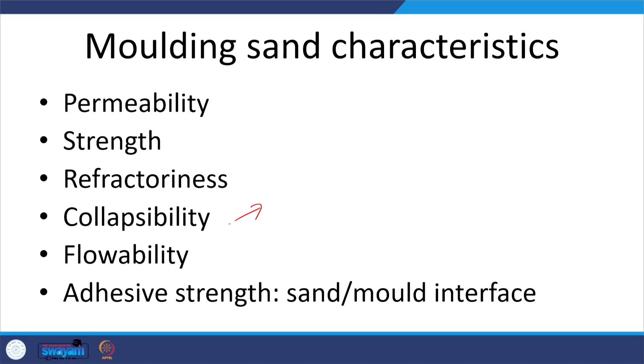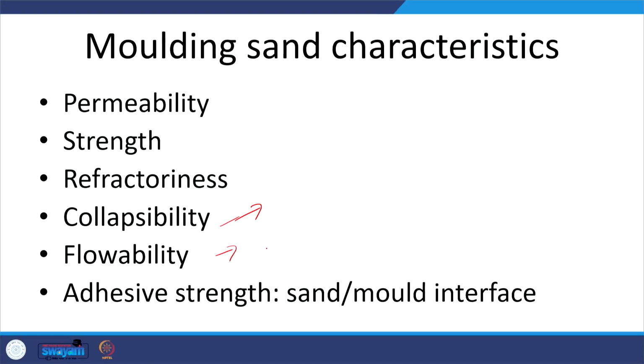Otherwise, this will increase the tendency of the defective casting. So, high collapsibility means easy breaking of the molding sand when the casting is being taken off. Flowability decides how easily the molding sand flows during the molding process, so that it follows the